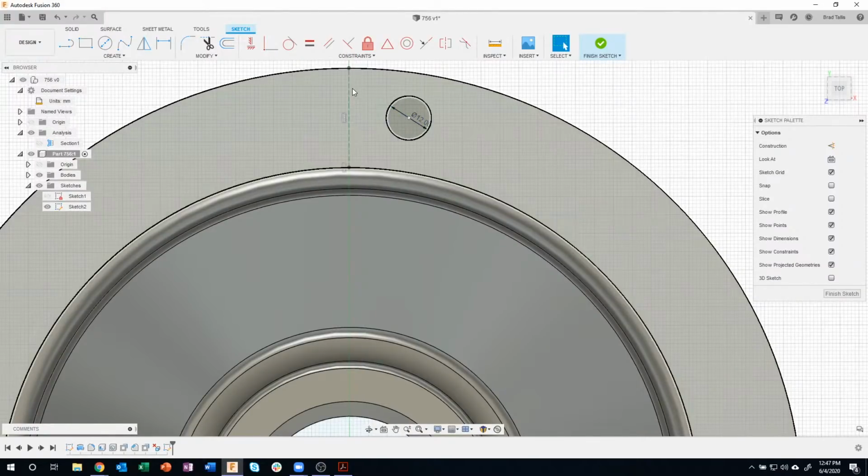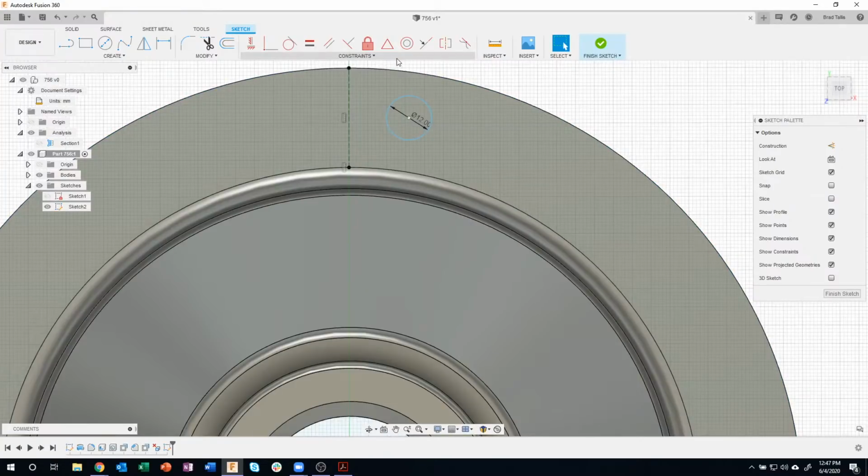Now I want this to be exactly centered, so I'm going to come in here and say midpoint. I want that point to be lined up. I'm going to click way up here just to prove a point. You'll notice that it moved it over to the midpoint of that line. Okay, I'm going to undo to show you